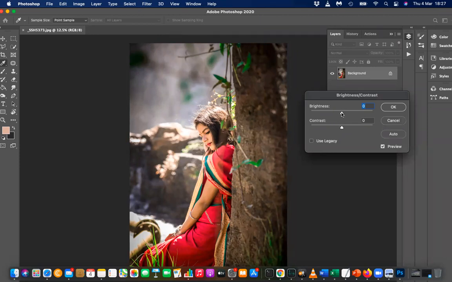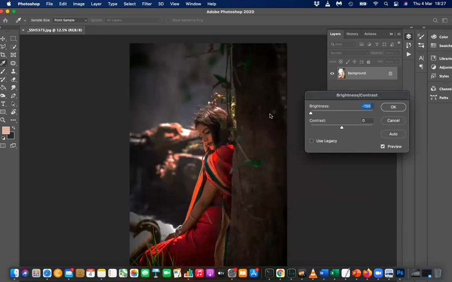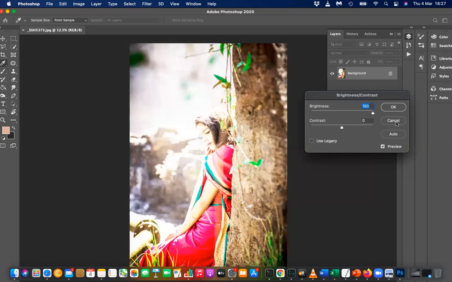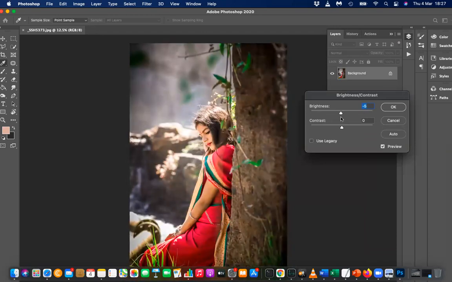Okay, so let me increase the brightness. So this is what brightness is. Noticed? When you increase brightness, what happens? The brightness increases, right? You can see it. When brightness is reduced, here it's dark. When brightness is high, it's lighter. Dark, lighter, dark, lighter. That is brightness. Understood?